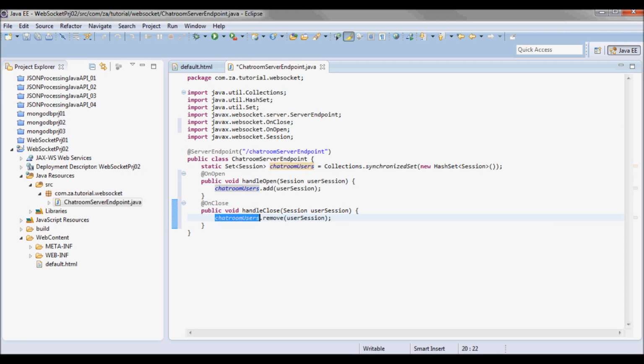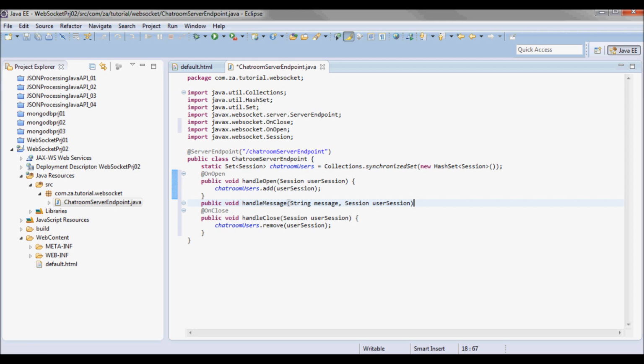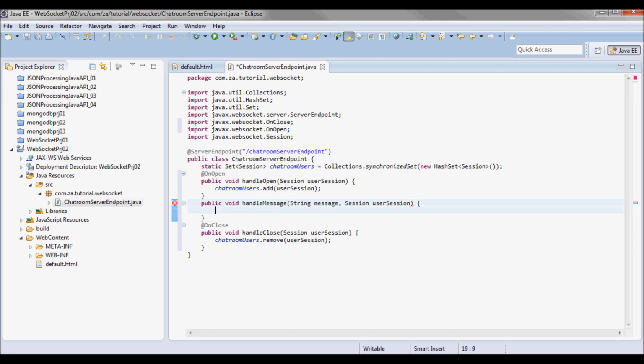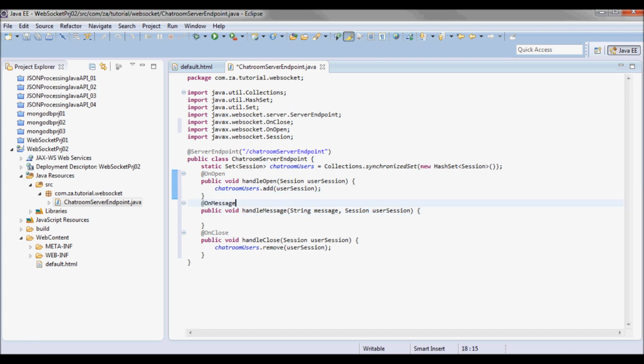So chatroom users dot remove. And I'm gonna have a method that is called when a new message is received. So I'm gonna annotate it with the onMessage annotation.